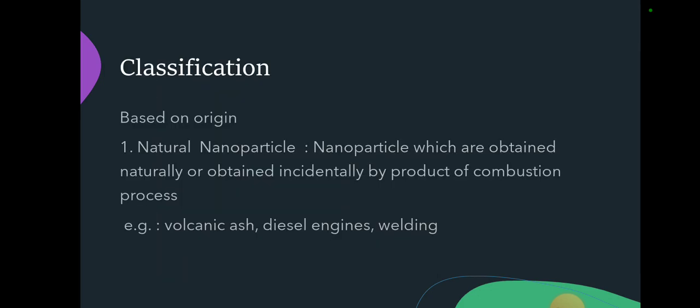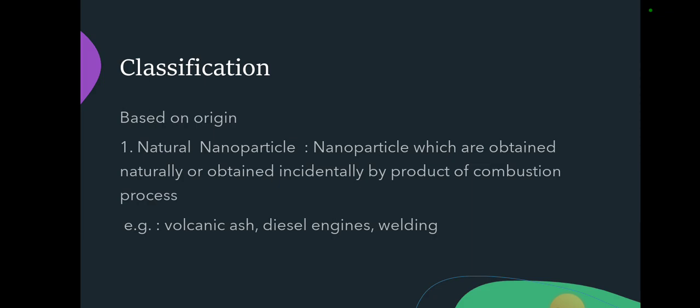Then classification. Nanomaterials are classified based on the origin, and they are of two types: natural nanomaterials and artificial nanomaterials. Natural nanomaterials are those which are naturally occurring, or incidental byproducts of combustion processes, such